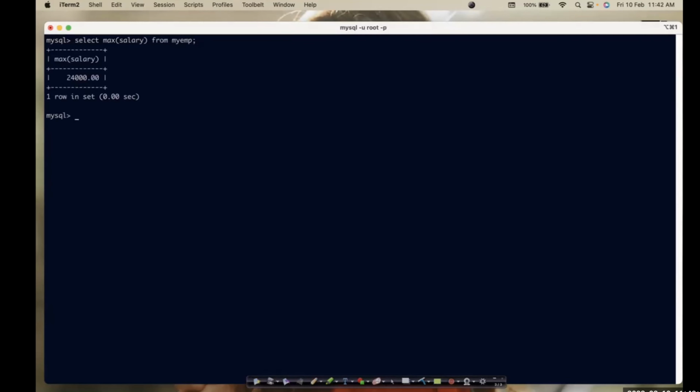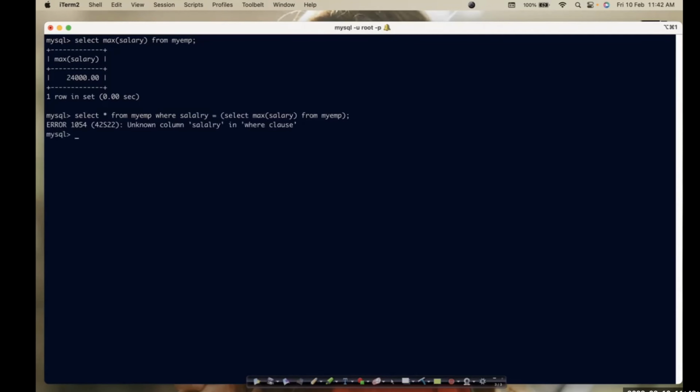So this is the maximum salary, right? So now what I want is select star from MyEMP where salary is equal to this 24,000. But how did I get the 24,000? I executed this query, right? So where salary is equal to, if I execute this query,